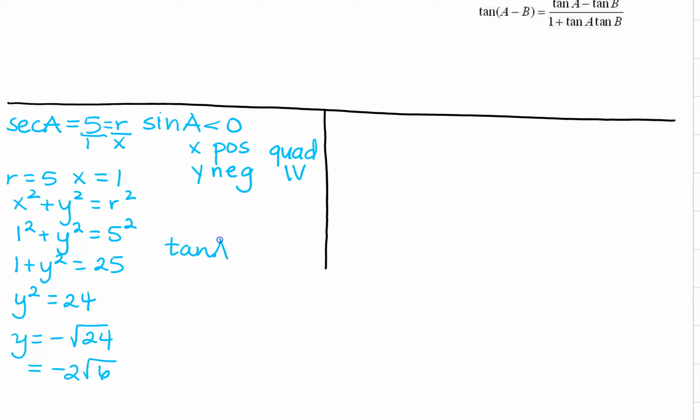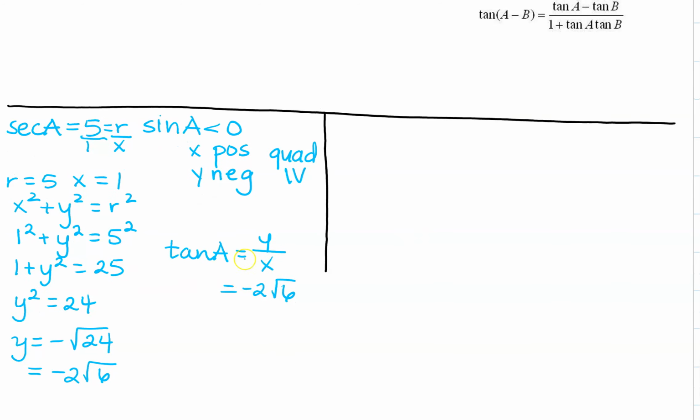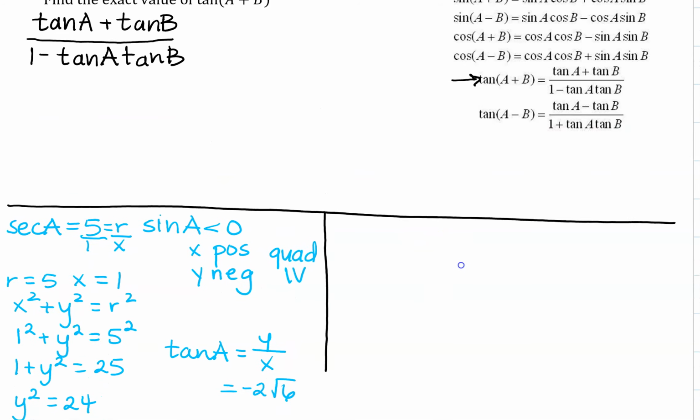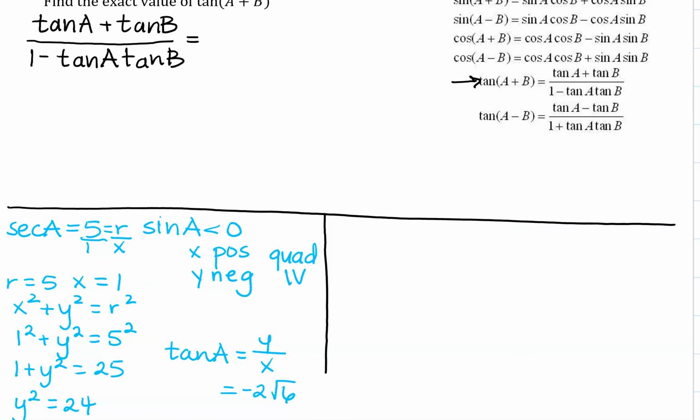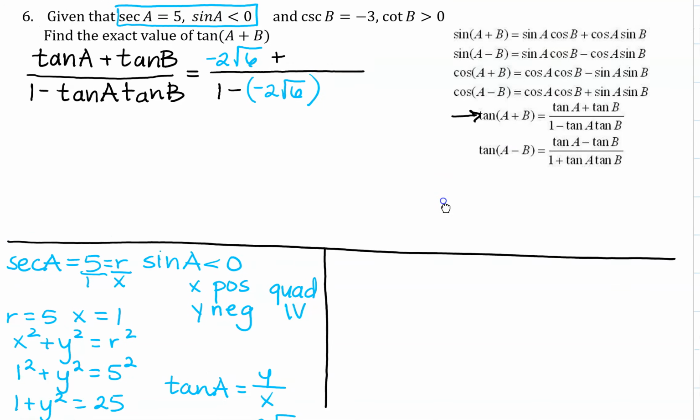From this, we need tangent of capital A. Tangent is equal to y divided by x. Y we just found as negative 2 root 6, and x was given to us as 1. So we can write the denominator of 1, or we can just completely disregard it. So we can go ahead and plug in for tangent of capital A. It is equal to negative 2 root 6. In this expression here, we have negative 2 times the square root of 6. We will still need to add tangent of B. Then in the denominator, we have 1 minus. Plugging in for tan A, we have negative 2 root 6. And then we will still need to go and find tangent of capital B,